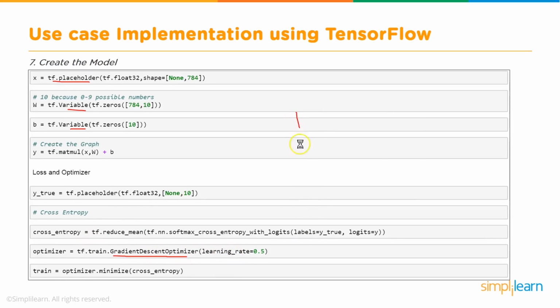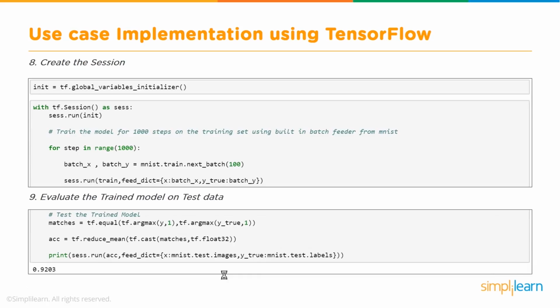You remember we saw a slide somewhat like this, and then you define what should be the learning rate, how fast you need to come down. That is the learning rate. And this again needs to be tested and tried, to find out the optimum level of this learning rate. It shouldn't be very high, in which case it will not converge, or very low, because in that case, it will take very long. So you define the optimizer and then you call the method minimize for that optimizer, and that will kickstart the